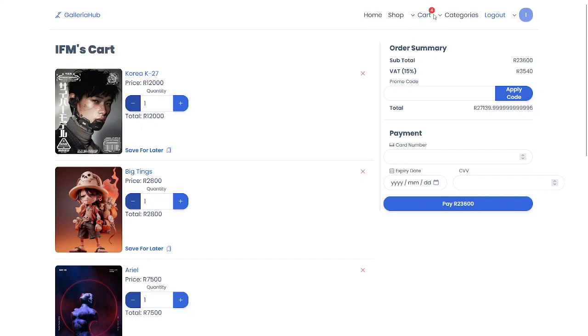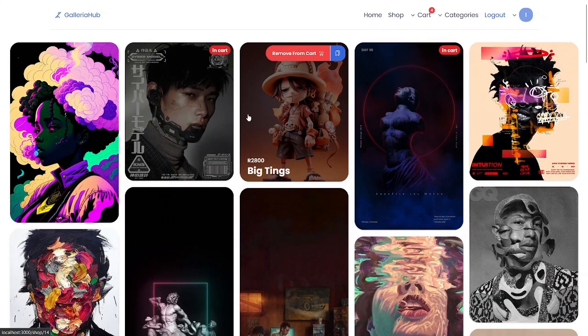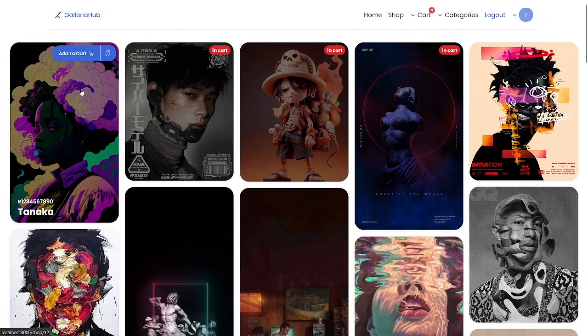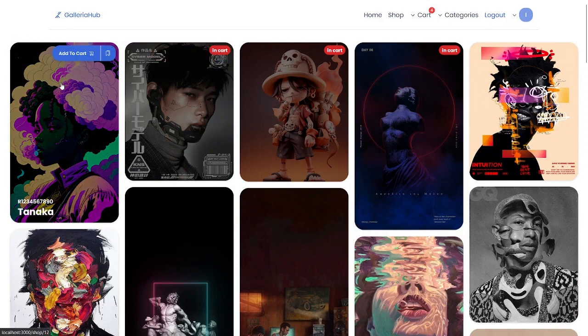And if I go back to shop and I scroll up, you'll notice that I removed this item, and this item no longer has the in cart, this red thing. Okay, there's a red in cart tag chip. So now this product that I recently removed no longer has that chip. Now let me go back to the cart,